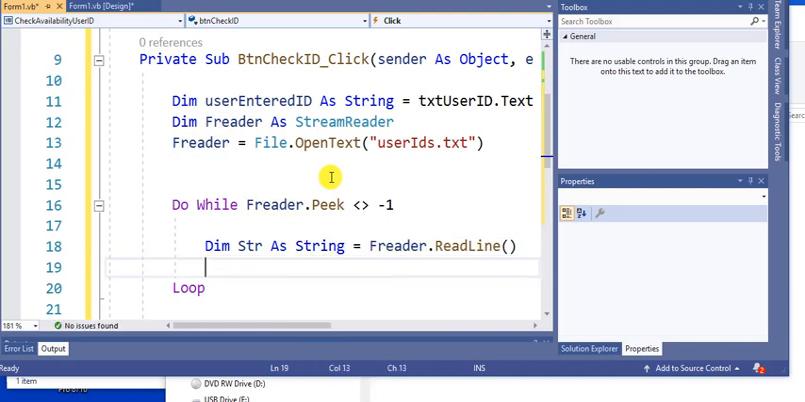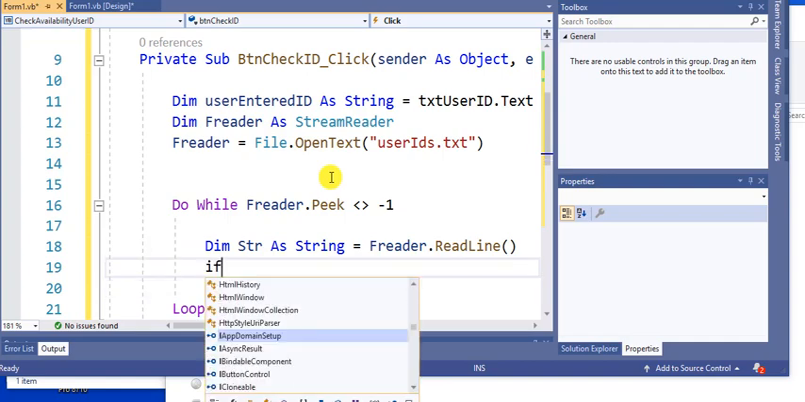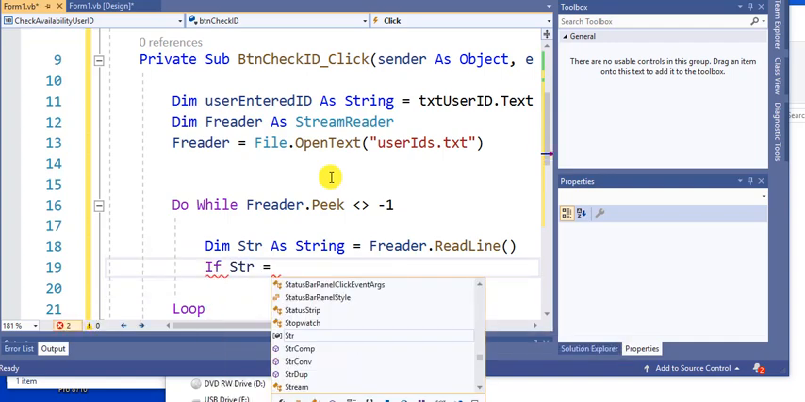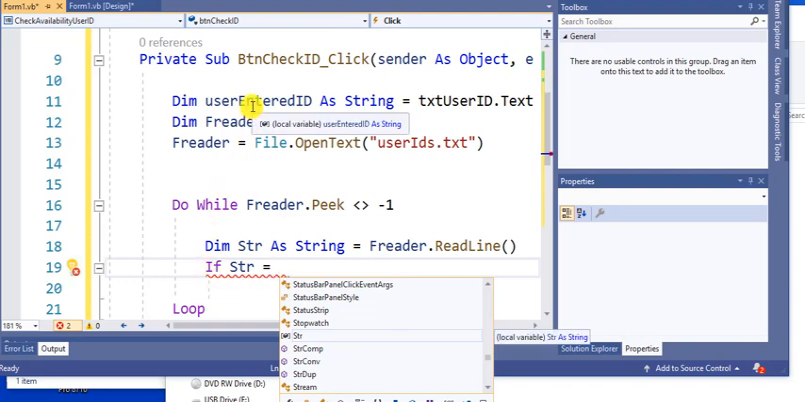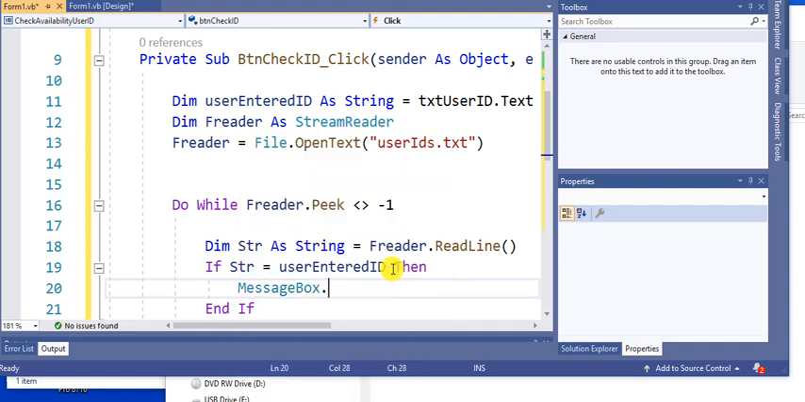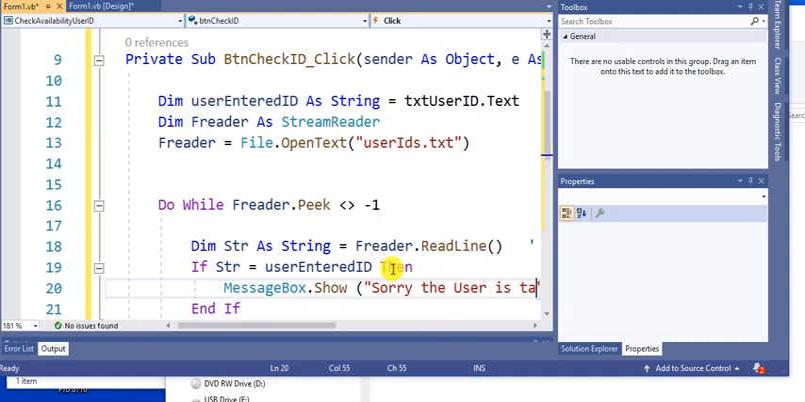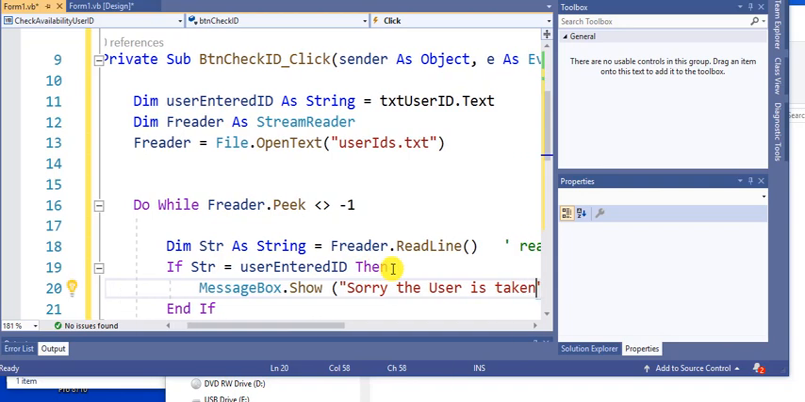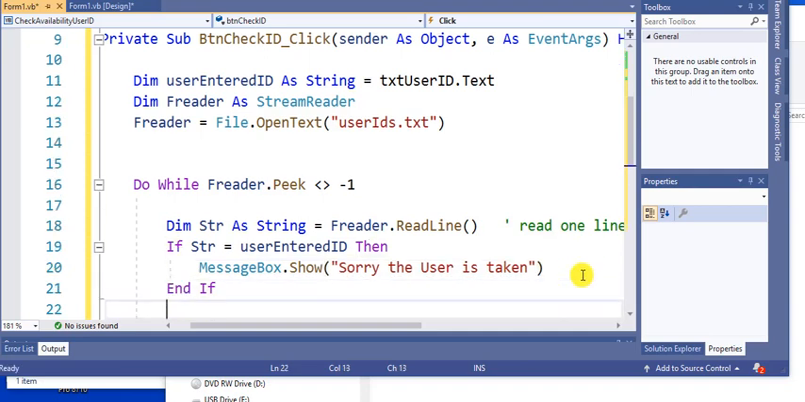And now we need to check it. That's it, right? We need to check if the string is equal to the user entered ID. That means whatever the user entered is already there in the file. Then we say MessageBox.Show, "Sorry, the user ID is taken." Right? User ID is taken. See here, I want to expand here. User ID is taken, and we